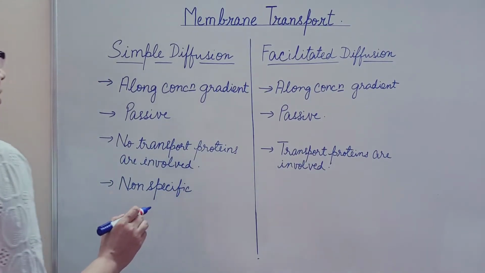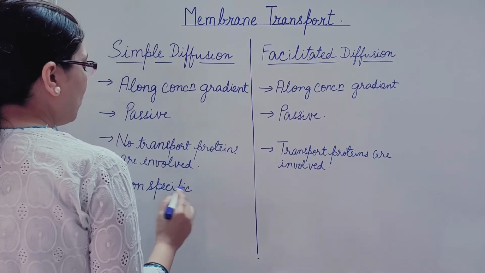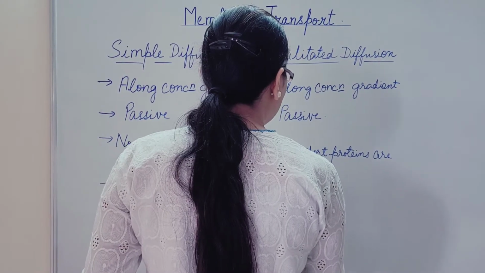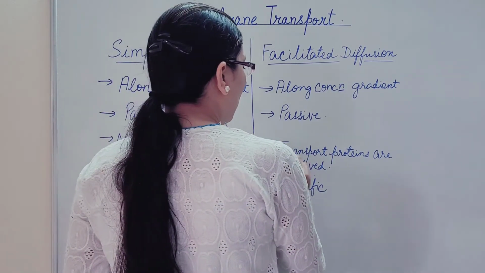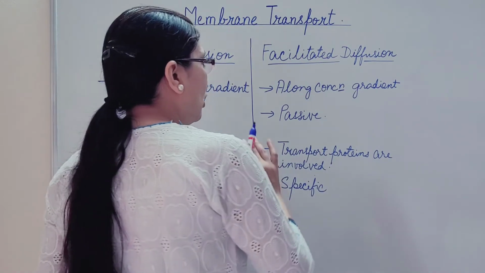Any molecule that is soluble in lipid bilayer passes through the plasma membrane. Facilitated diffusion is specific because it involves transport proteins, and molecules which can pass through these transport proteins diffuse across